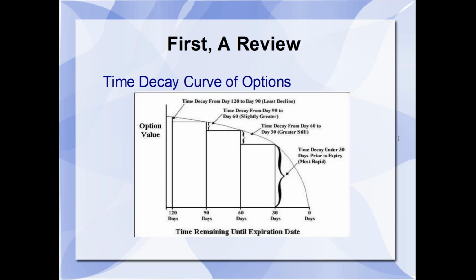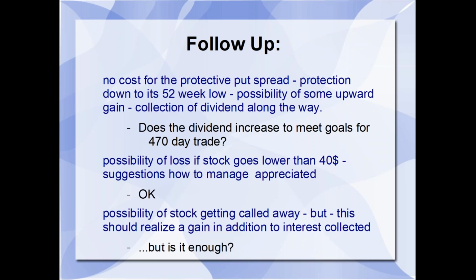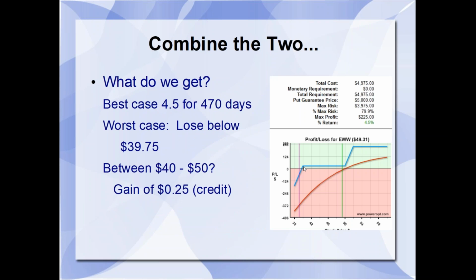But what is an interesting thing about that graph at expiration? Let's go back one. This nice spot between 40 and 50, I've got to get the green pen, and it never defaults to the green pen on this, but this point here at expiration is a profit. Well, it's only 25 cents of profit, but anywhere between $40 and up is a profit. 25 cents or $25 here, increased profit here, max return of $225, sans the management.